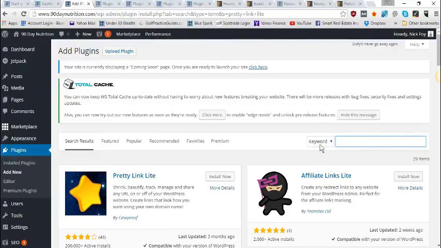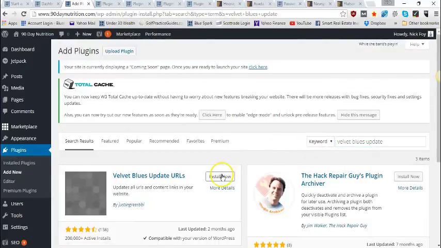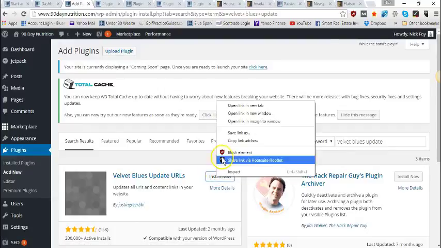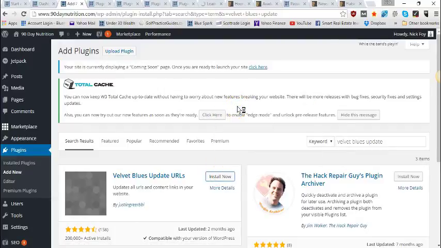And the third plugin that relates to URL links is called Velvet Blues Update. We'll go ahead and try that and see if it pulls it up. Basically, anytime you've got a URL that is old that you need to update, you can change it. So if I used to send people to my Facebook page, and my Facebook URL was facebook.com/90daynutrition, and let's say I changed my Facebook page URL and now it's www.facebook.com/90dayworkouts instead of 90daynutrition, then all the different places I link to my Facebook page on my website,